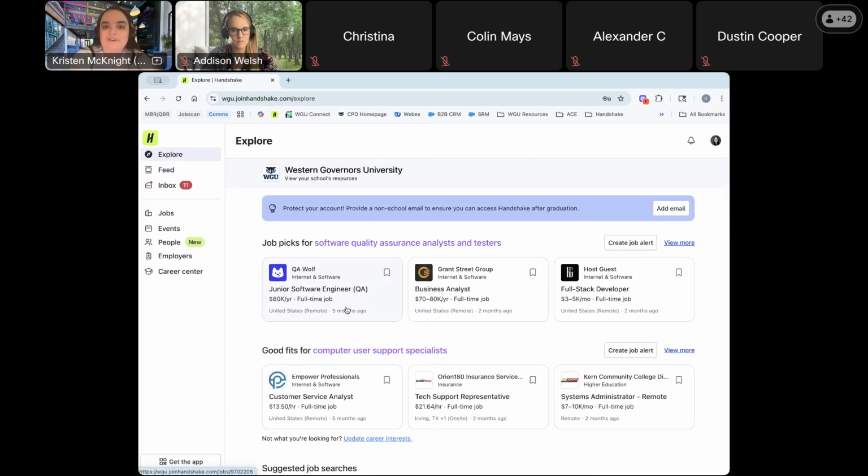When we're looking at the jobs page, as well as what jobs to show you here on the home page. So like here, because I said that I was interested in quality assurance analysts and testing positions, it's showing me these jobs and it says, hey, do you want to create a job alert? So I can save this job search and it will send me new jobs via email that match that search